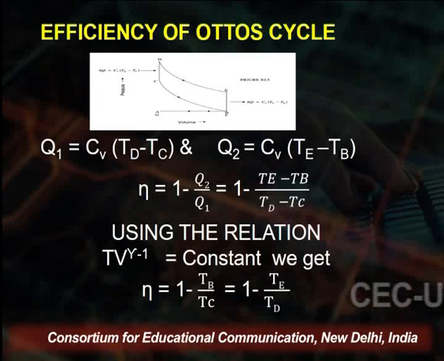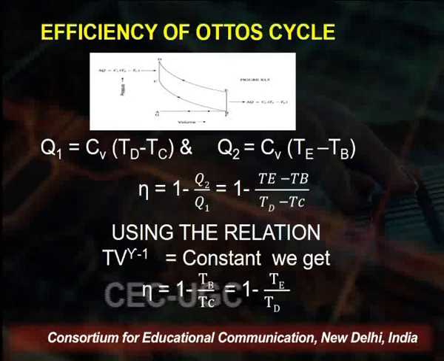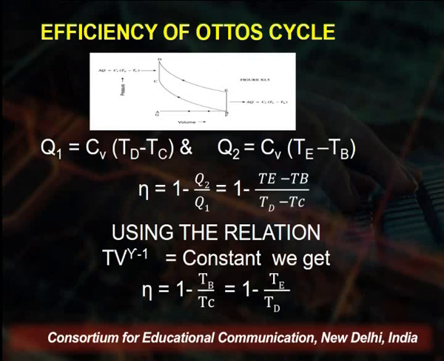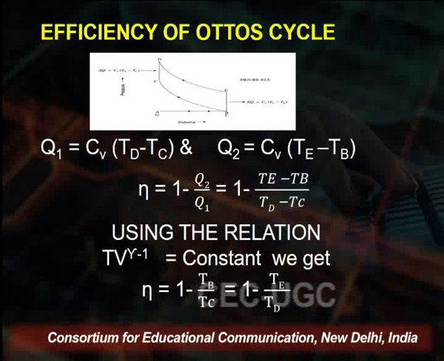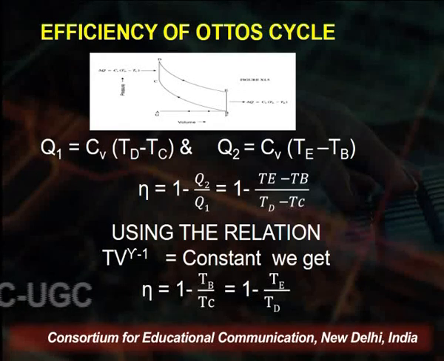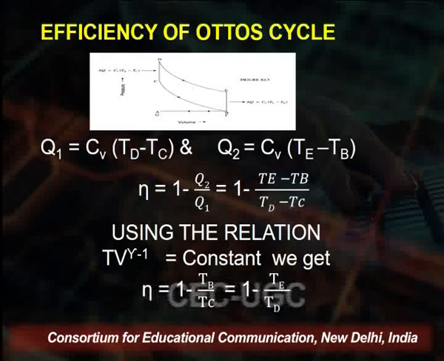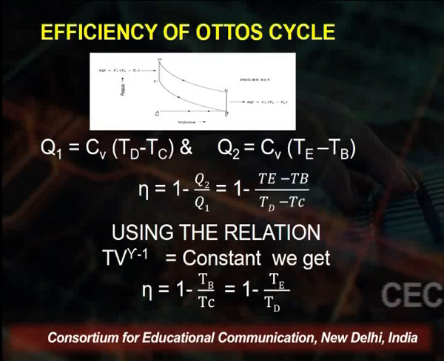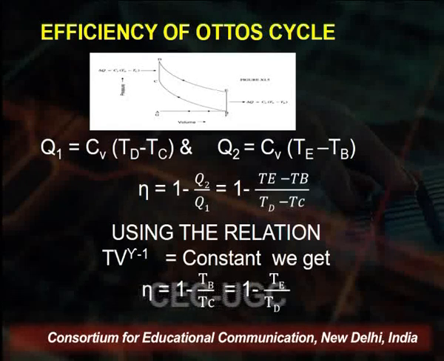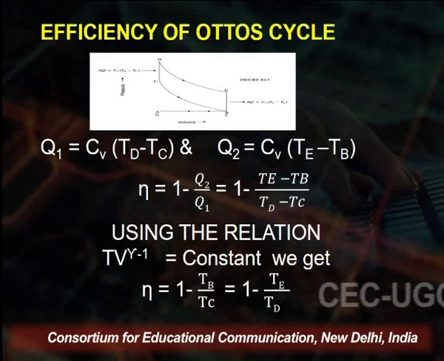Next, we will calculate the efficiency of an Otto cycle. Q1, the heat absorbed, is given by Cv (Td minus Tc), and Q2, the heat rejected, is given by Cv (Te minus Tb). By definition, eta is work output over heat absorbed. Substituting the values of work done and heat absorbed, we will be able to get the efficiency of an Otto cycle. So eta is equal to 1 minus Q2 by Q1,